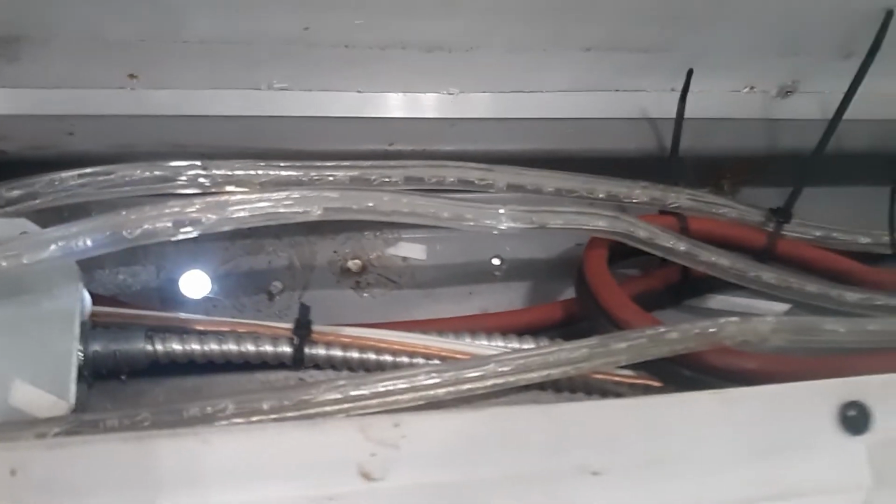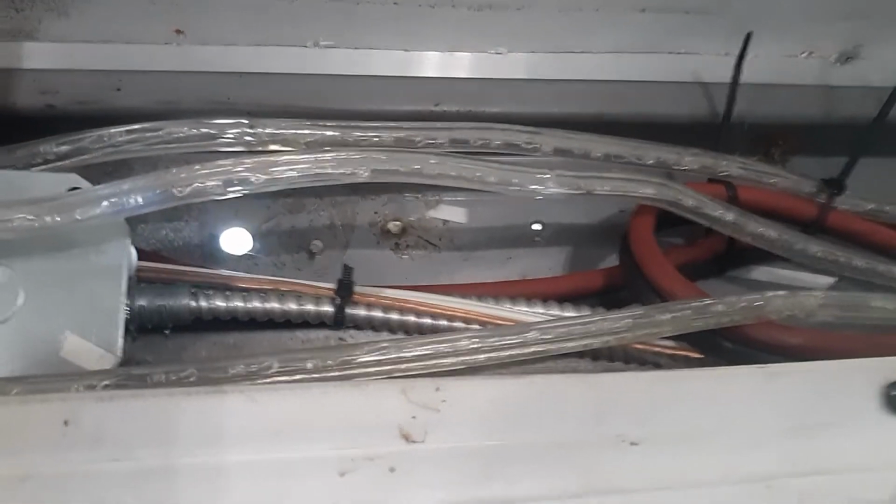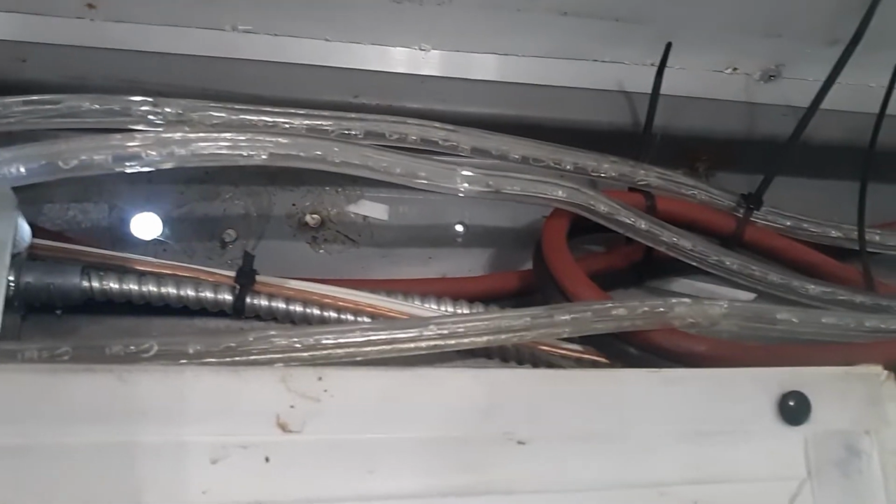What I like about the rope light, I know it's hard to see here, is that it's in this plastic tube so you can see the light all the way around. With the flat LEDs, if they get a kink in them or a twist, then you have a whole area, because the back side is to the back of the truck, that you don't even see the lights. So that'll be coming out and being changed out. Then as we come around here,